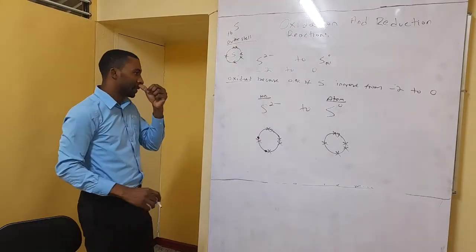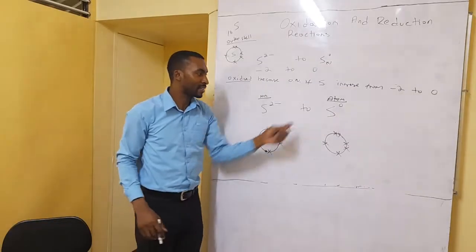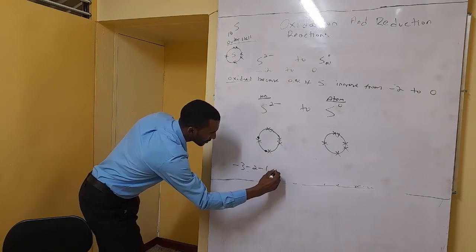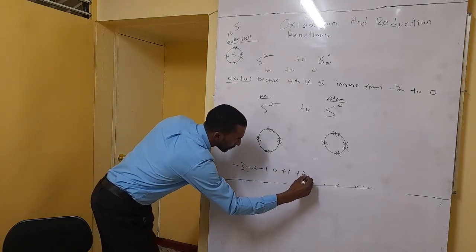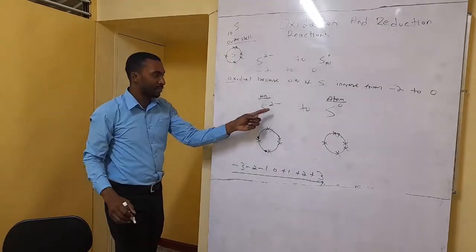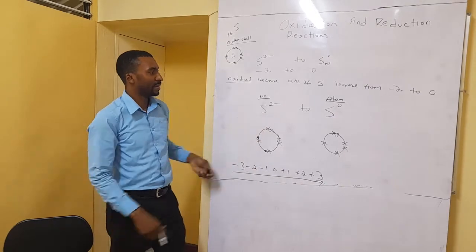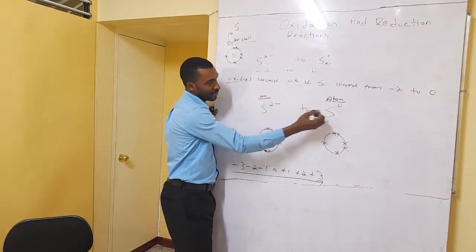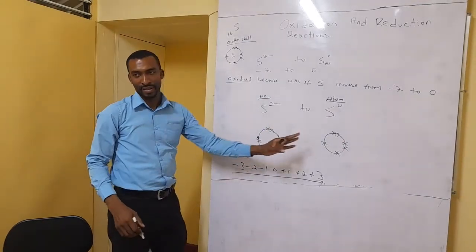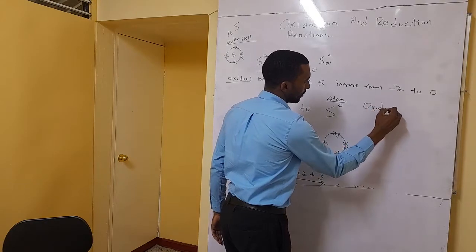So it simply means that if this was oxidized and we have an increase in oxidation number, we can remember the number line: -3, -2, -1, 0, and then +1, +2, +3. So that way it would increase. If we move from -2 to 0, we're actually increasing oxidation number, right? And to move from -2 to 0, we'd actually be losing 2 electrons to make that conversion, okay? Therefore, oxidation